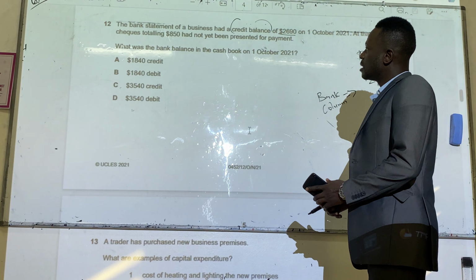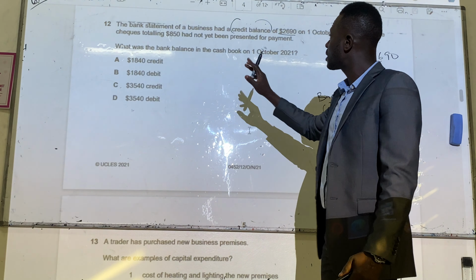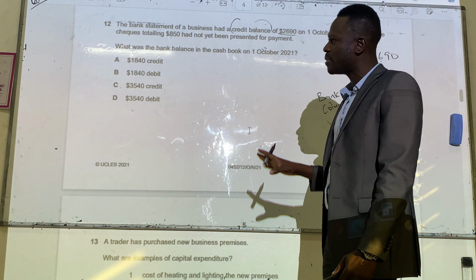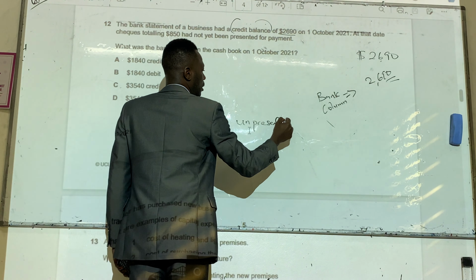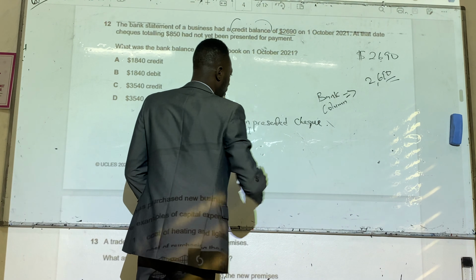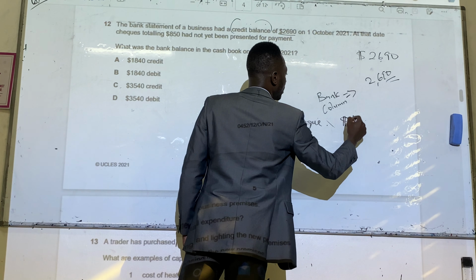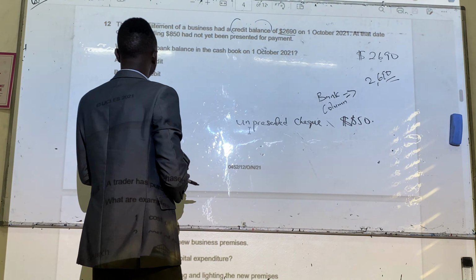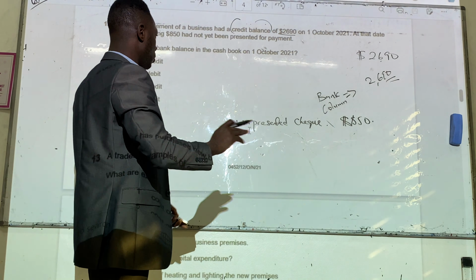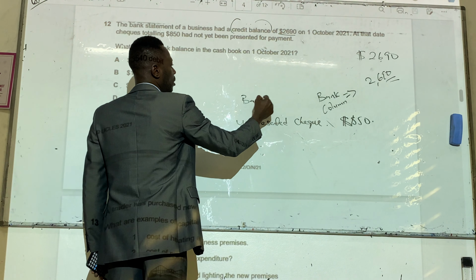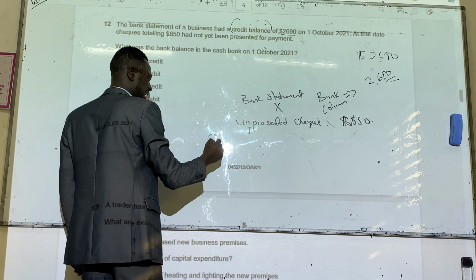That's what it means. So now we said, at that date, check 850 had not yet been presented for payment. That means we have an unpresented check. Then we said, what was the bank balance in the cash book on the 1st of October 2021? Now, we're not going to talk about the bank statement anymore. No more bank statement. We need to talk about the cash book,